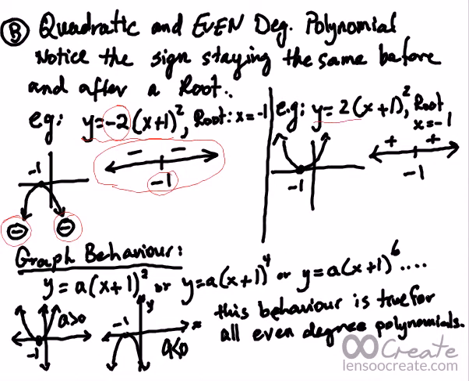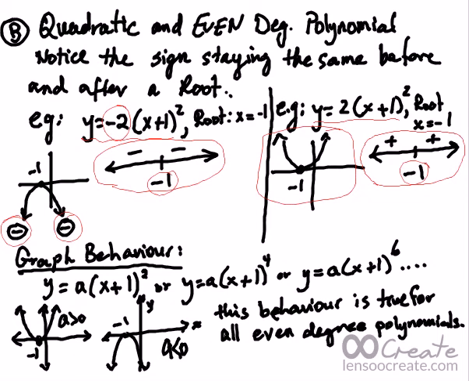In this case, y equals 2 into x plus 1 squared. The root is still negative 1. As you can see in that diagram here, we have the function opening up. It starts positive, it reaches the x-axis at the root and then goes back up to stay positive. And this number line here represents that same scenario, where the root is negative 1, the sign before is positive, after